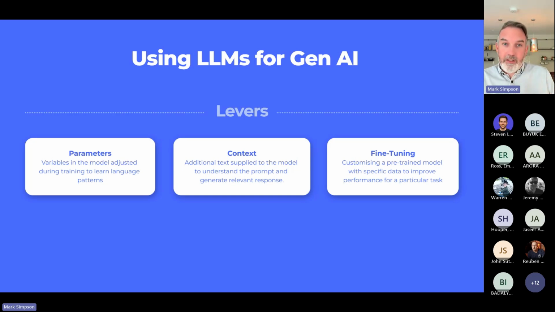We've then got the context we give it, much like if I'm in a conversation with an expert, the more context I give them of the problem and the surrounding environment, the better tailored the answer will be. The same with ChatGPT or any of the OpenAI LLM models. The more context we give it about the problem, about what we want to achieve out of it, the better the responses will be.